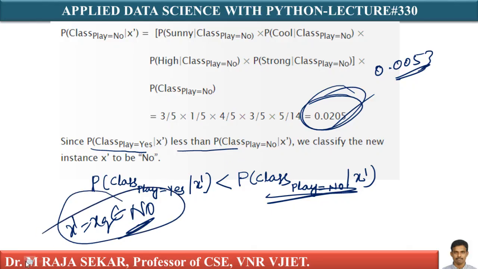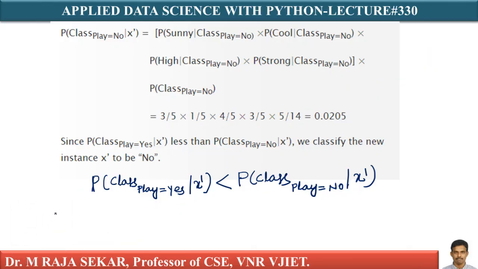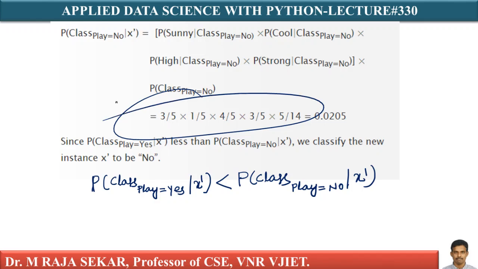How many classes do I have? I have only two classes. One is the S class, another is the no class. That is binary classification. Whichever gets the higher probability, here the no class gets the higher probability. Therefore, I can say my query point belongs to the no class. How did I get all these probabilities? I calculated them from my training data set by using those tables.